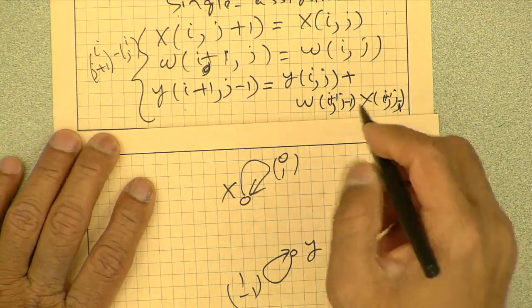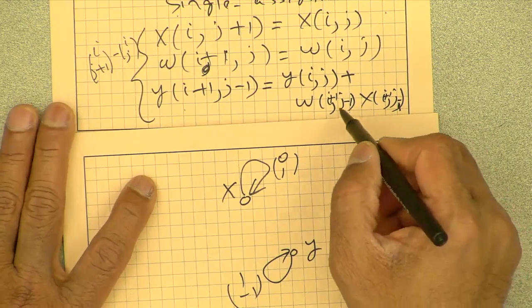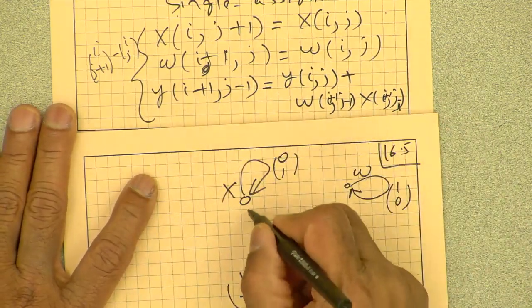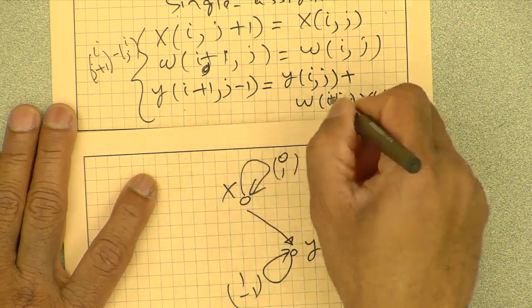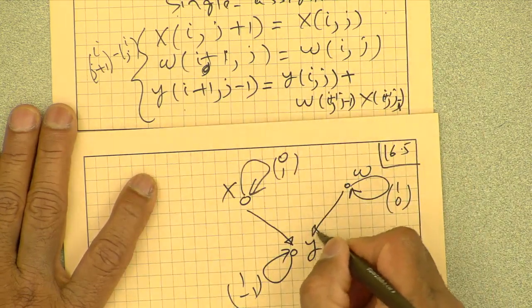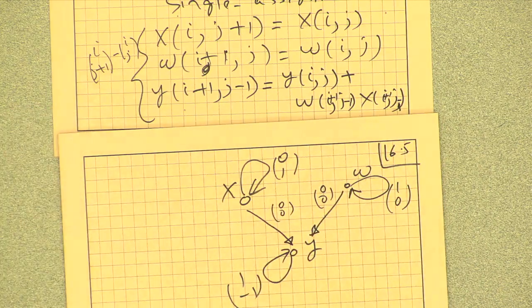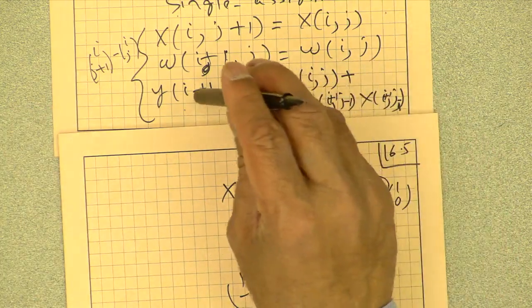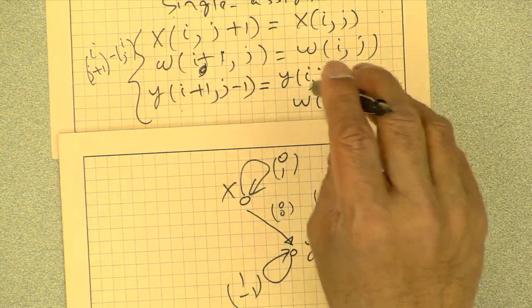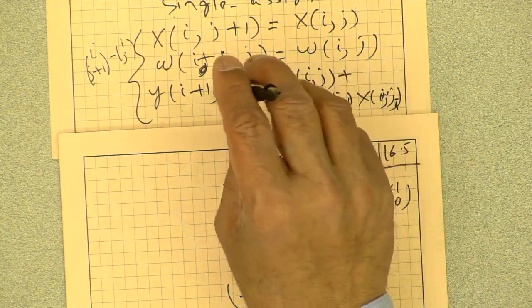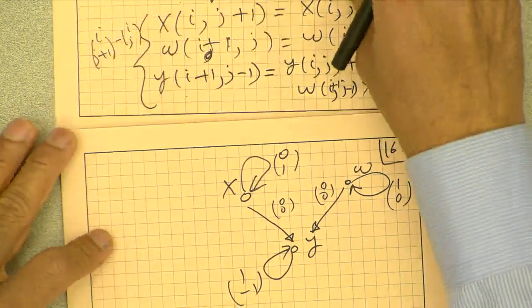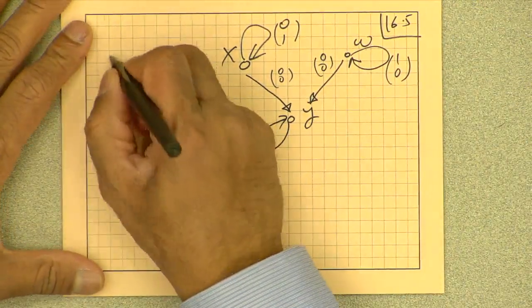That is why the dependence from x to y and from w to y will be 0 0. They are at the same node. So, this vector minus that vector is 0 0, and this vector minus that vector is 0 0. Okay, so that is the so-called RDG